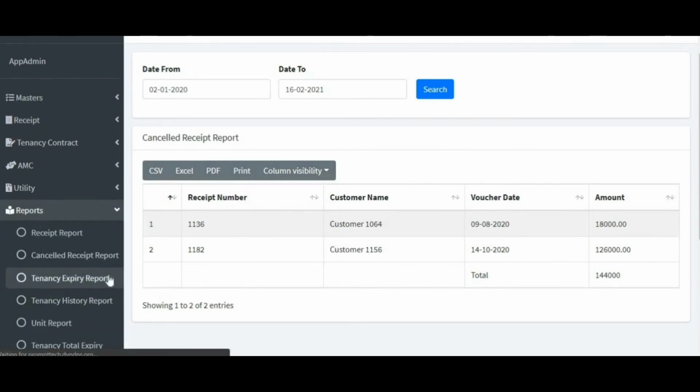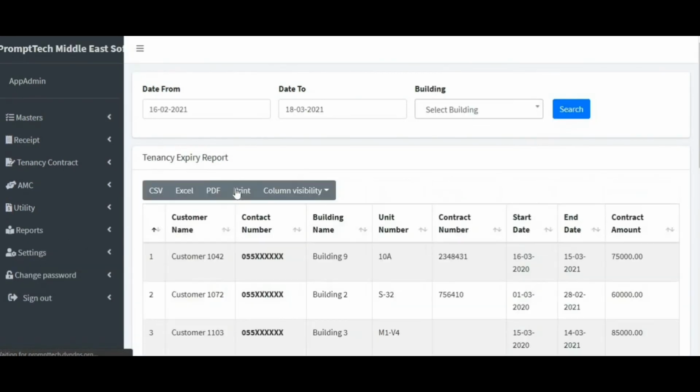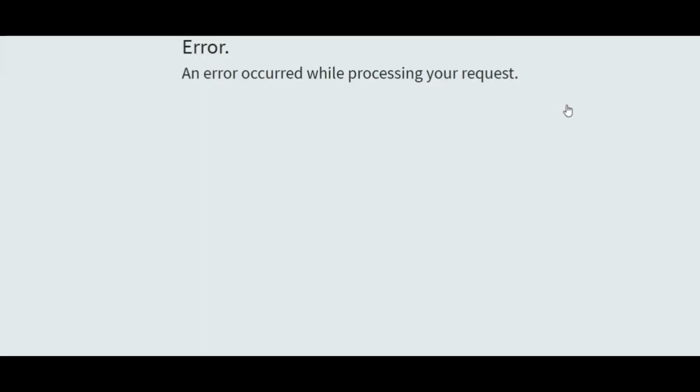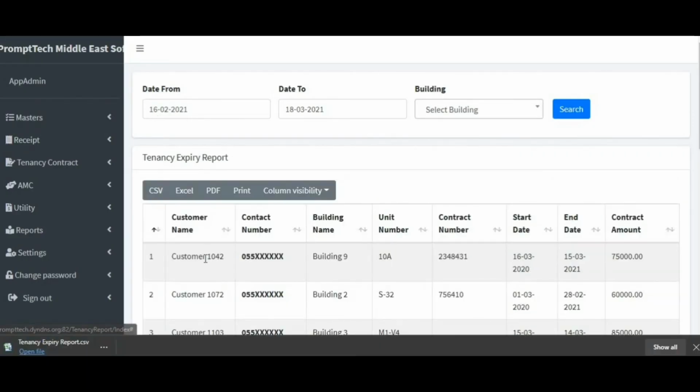You can see here the Excel format is there. So you can directly click on print and the bill will be printed over there, right? Here, if I have taken an Excel sheet, it is shown there. So I can choose the date. Let's start with choosing the date. So I'll take the first. I'll choose the customer also if I want. So I can choose the customer here. I can choose the amount, voucher date. You can even segregate according to the receipt number, customer name and all, right?